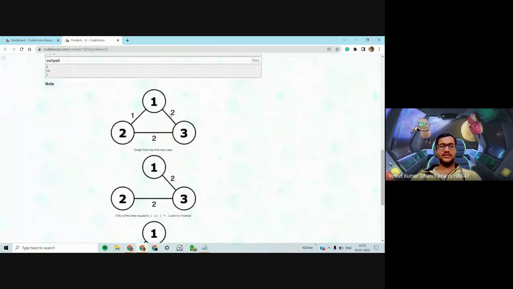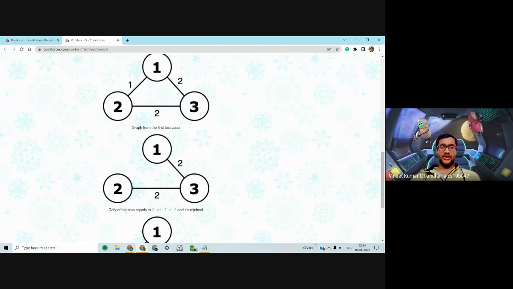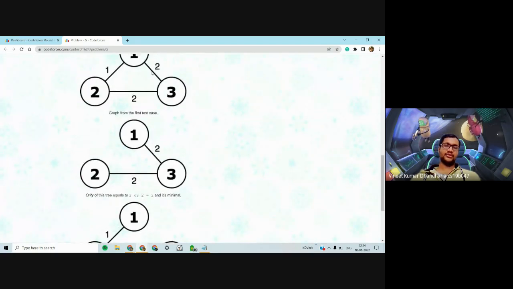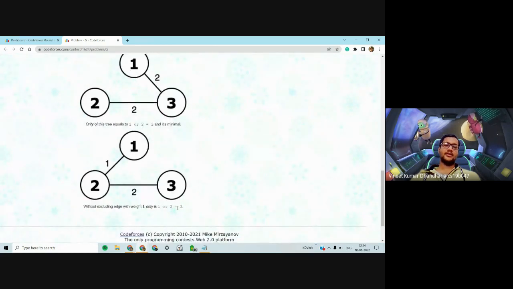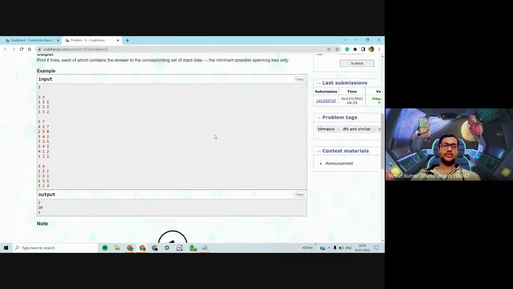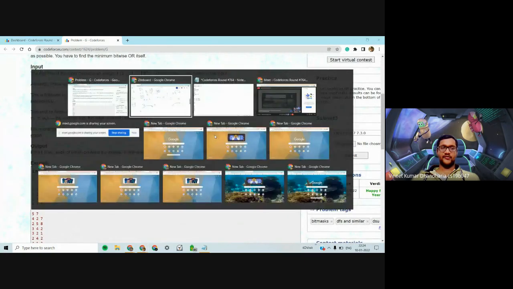Let's see one example. Suppose this was our graph. We can remove this particular edge to make it a tree. And now the oddity, which is the bitwise OR of all the edges, would be 2. If you had instead removed this edge or this edge, the new oddity would be 3. Since we are interested in the minimum oddity, 2 is the answer we are looking for. So for each graph, we need to find the minimum oddity which can be there.